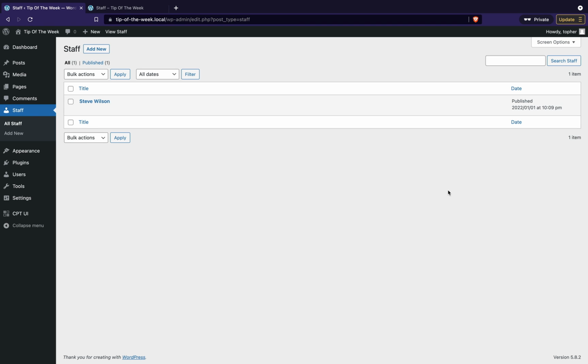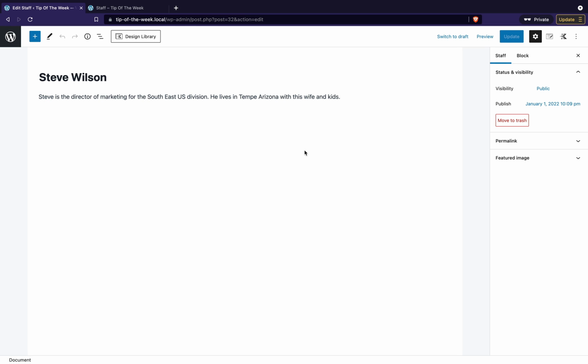This week we're going to talk about adding custom fields to our custom post types. Last week we talked about custom post types, and you can see what we made then. This is a staff post type, and I've entered Steve here, and there's almost no difference between a custom post type and regular posts unless you make them different. And right now we haven't made them different yet. We have a title and content. This is Gutenberg. That's it.